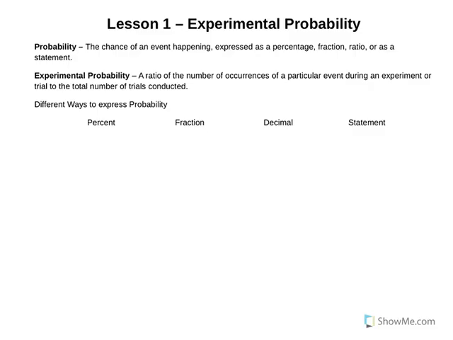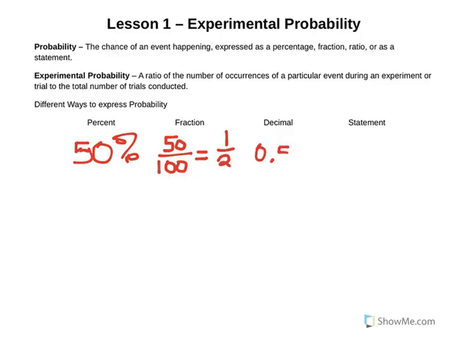We can show it as a percentage, like 50% of the time. Let's keep going with this heads and tails example. We could do it as a fraction, so that would be the same as 50 out of 100. Percentages are always out of 100. Or, as we know, that's the same as 1 over 2. It can be a decimal, so 0.5. And it also could be a statement, so 5 out of 10 times